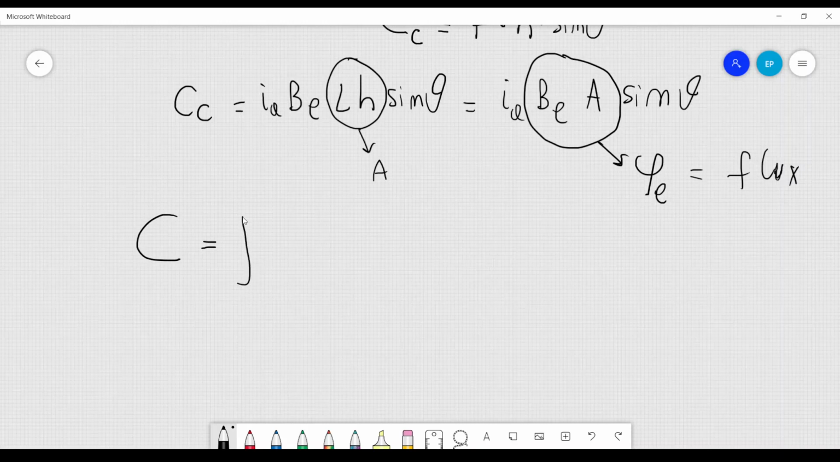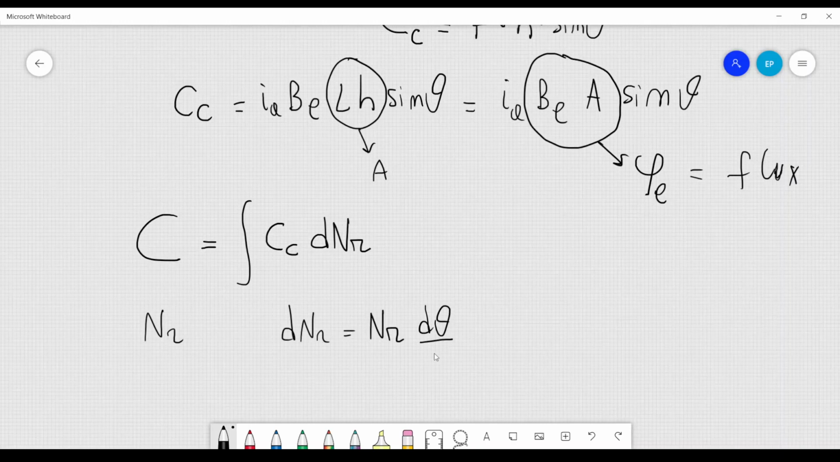I'm going to integrate the single torques, C sub C, by assuming that the coils are infinite and they are continuously distributed. So I'm integrating Cc over the infinitesimal number Nr, where Nr is the total number of coils that we have in the rotor. dNr is the infinitesimal amount of coils that we have over an infinitesimal angle. So dNr is equal to the total number of coils multiplied by d theta divided by the total angle, and the total angle in this case is just pi, if you think about it,